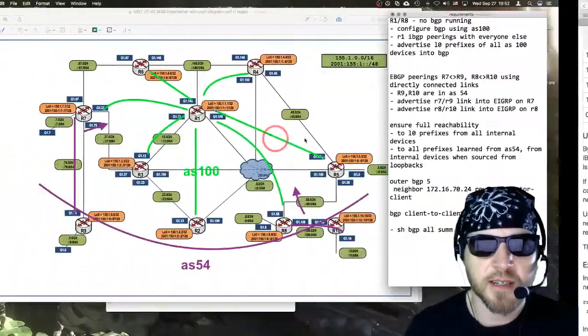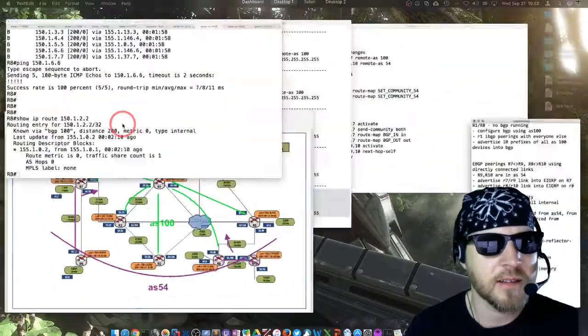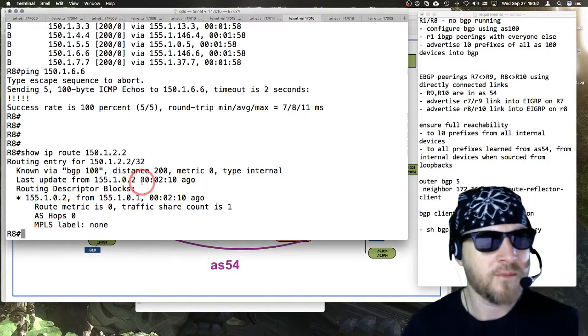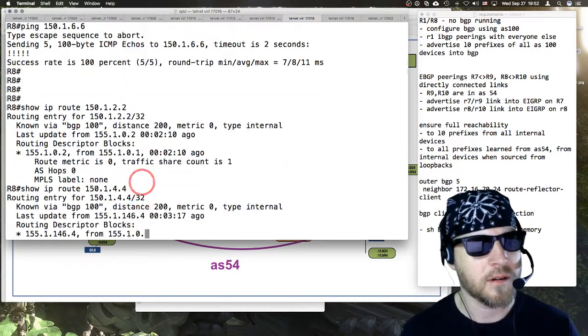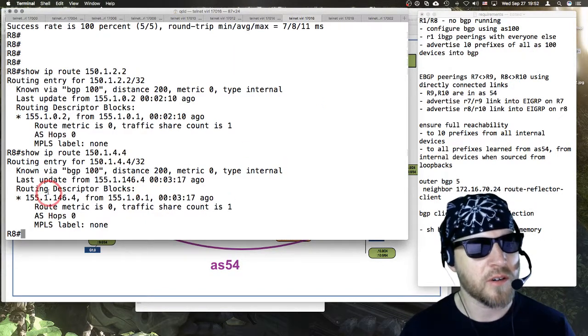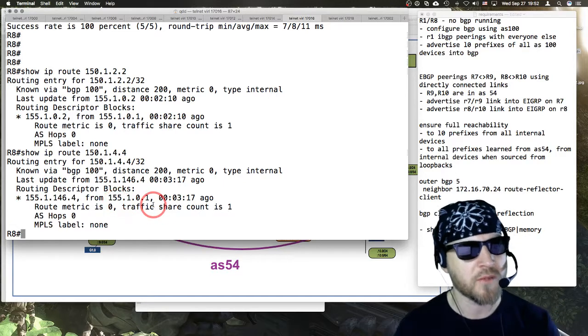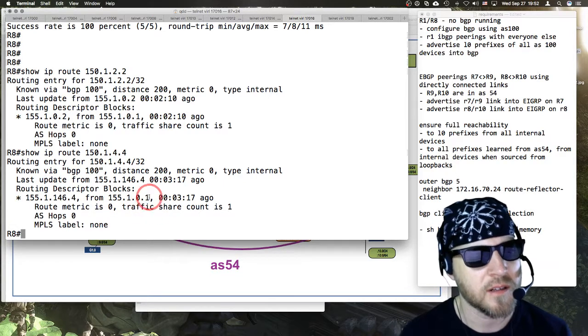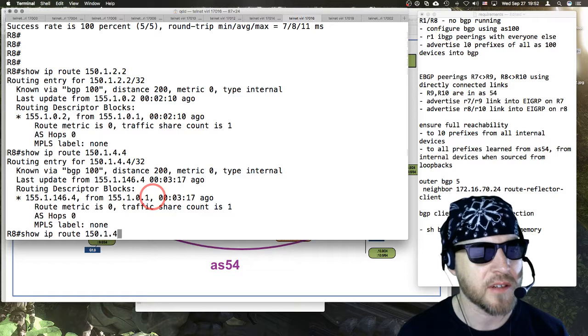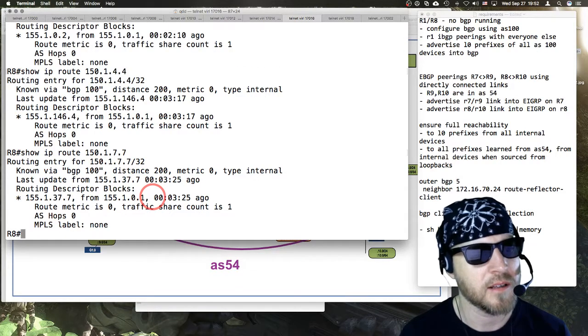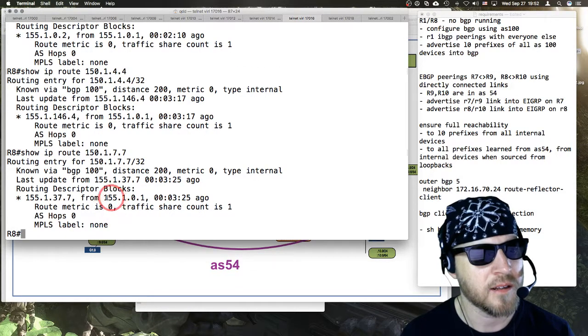What is the next hop on this guy? Or 4.4. See, notice all these are going to be from 150.1.0.1, aren't they? Even like 7. Yeah. So if we trace route,